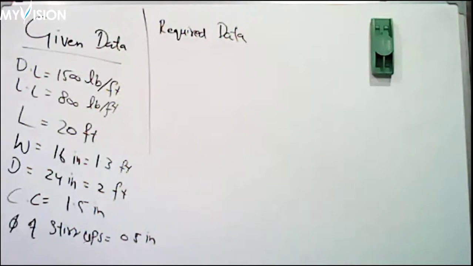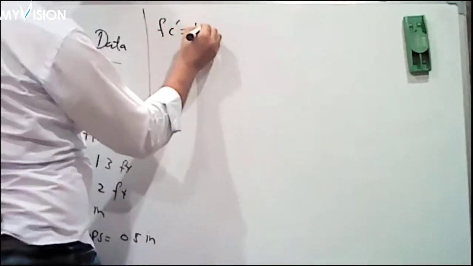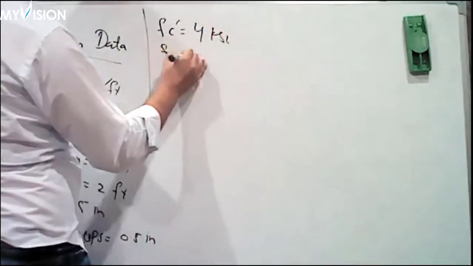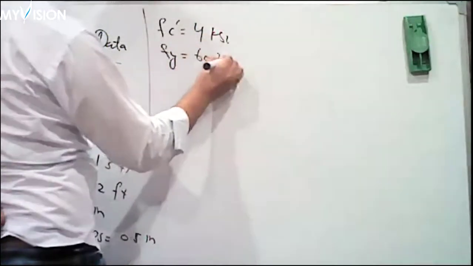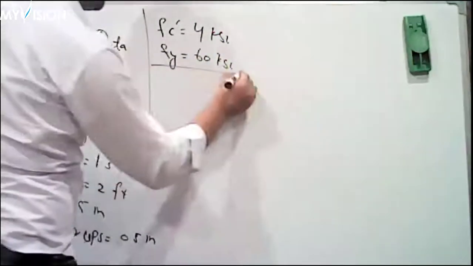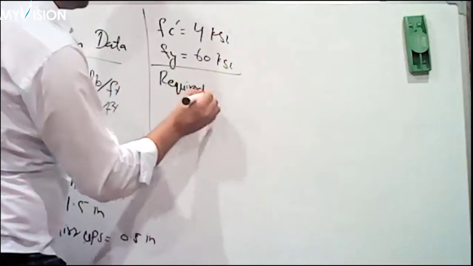This data is given to you, plus the concrete compressive strength is 4 KSI, and yielding strength of steel is Fy equals 60 KSI. All this is given, and your required data, what you need to calculate,